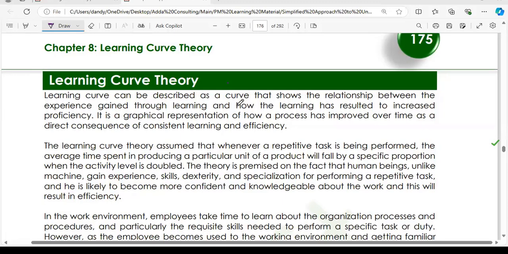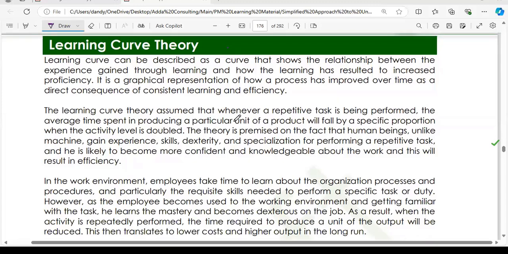So the experience we just shared relates to the topic that we want to treat, which is learning curve theory. Note that there's a difference between learning curve theory and learning curve. There's a difference between the two. So what is learning curve? The learning curve is just a curve that shows the difference between the experience gained on the job through learning,